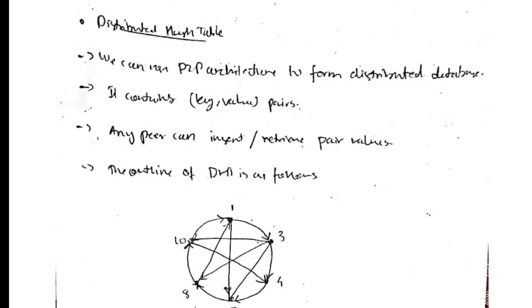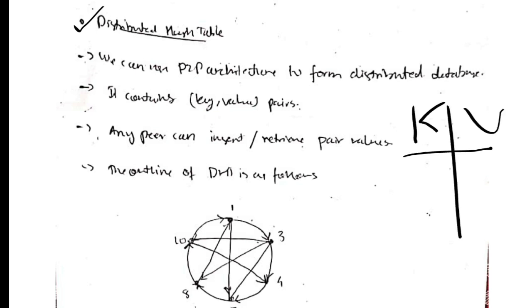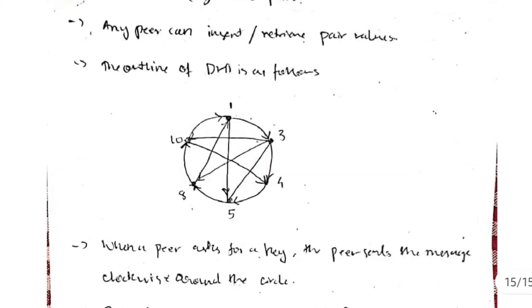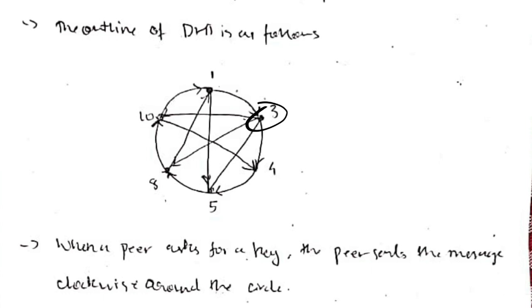Okay, and another one is a distributed hash table. Here, what is a hash table? A hash table will have 2 things: key and value. If you enter any key here, that will have an associated value with it. In future, if you want to retrieve that value, you have to enter the key, and the value will be retrieved for us. The same thing can be applied for the peer-to-peer connection also. Any peer can insert and retrieve the key-value pairs, and the connection is made as follows. Each peer will have connections with the other nodes as well as the neighboring nodes.